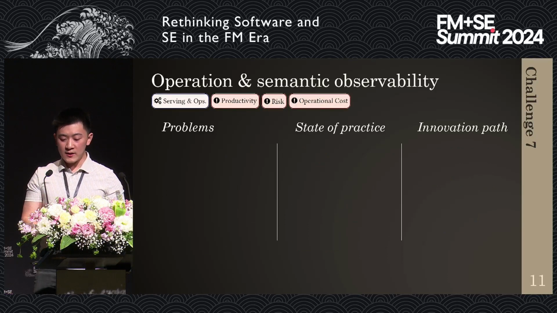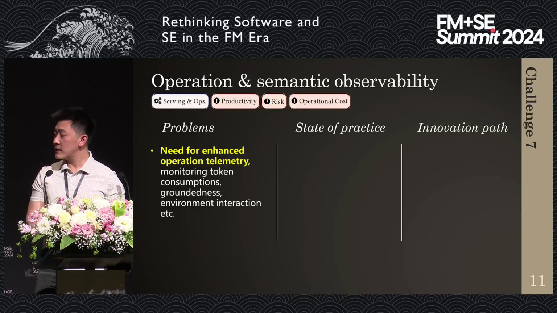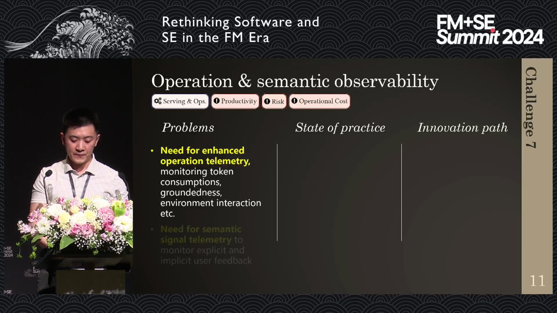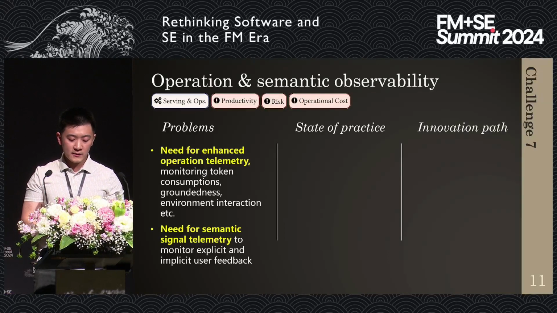The seventh challenge: we are now looking at operation and semantic observability issues. There are two areas here. The first one is to enhance the existing observability infrastructure for traditional software. We're looking at new metrics such as token consumption, groundedness, and environmental interaction of the legacy system. But we also need new types of telemetry systems to monitor explicit and implicit user feedback so that we can